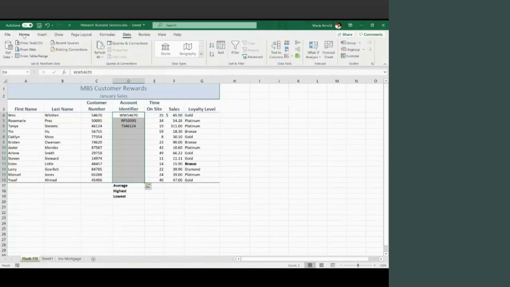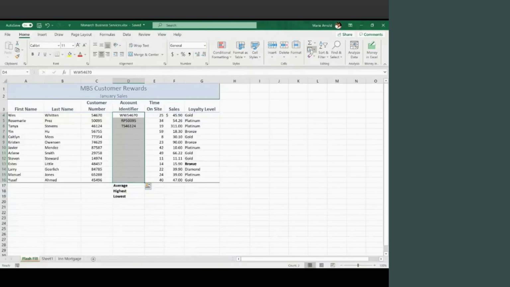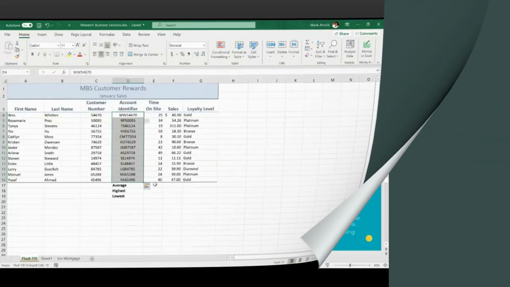So we'll go back here to our home ribbon tab. There's our fill button, flash fill, and it picks up the pattern. So that's really nice. Now,